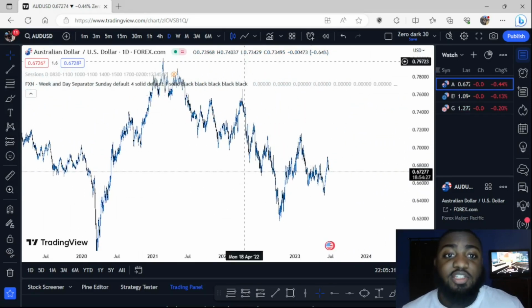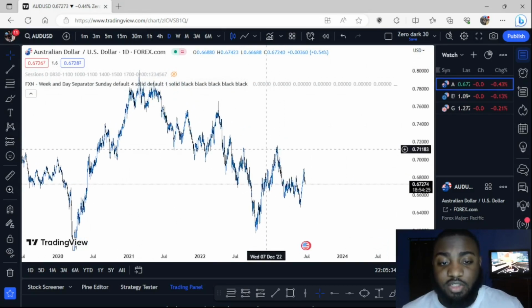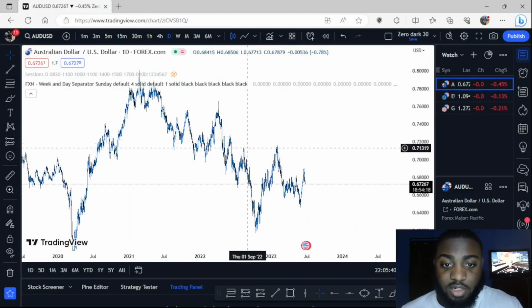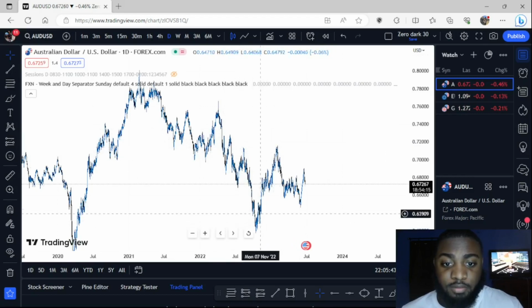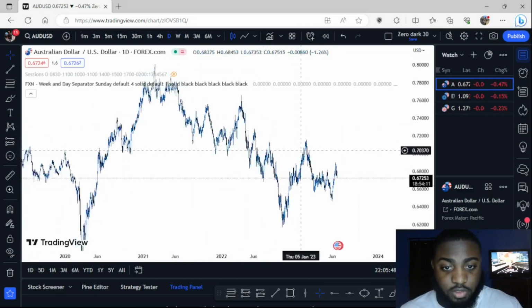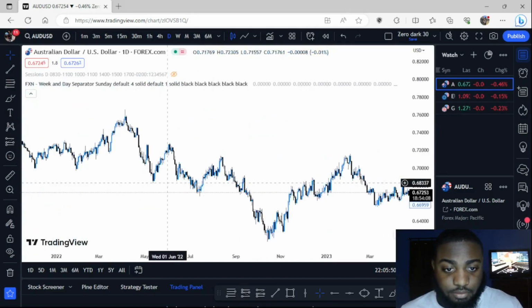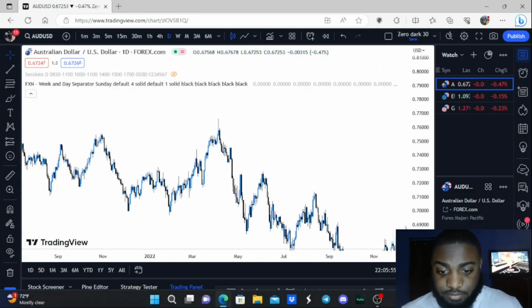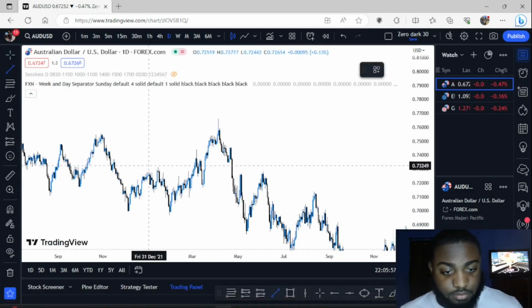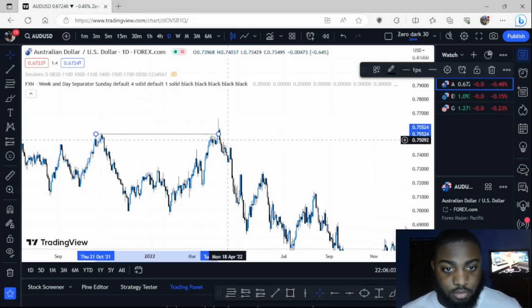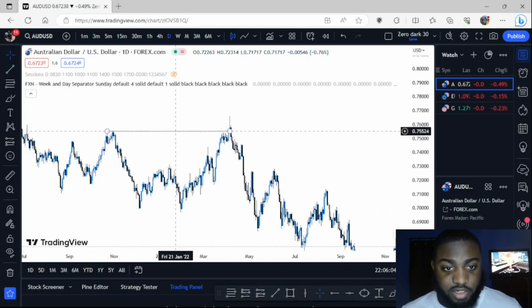Just like in one of my previous videos where I was talking about market structure, everything is time frame based. So the liquidity above here is more important than the liquidity on the lower time frames. So as you see what's going on, right? Let's talk about this. We have the liquidity being swept here. So here we've taken out buy side.